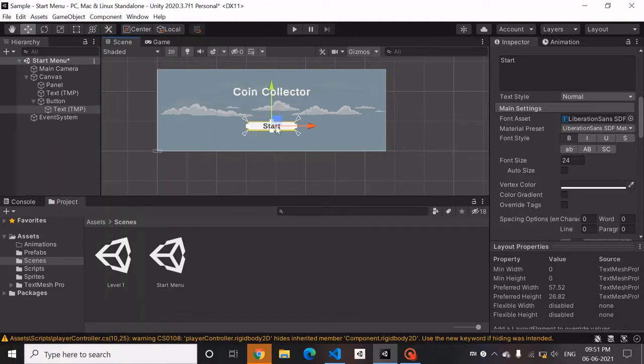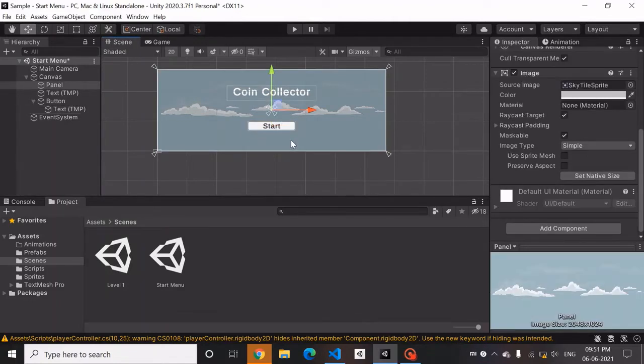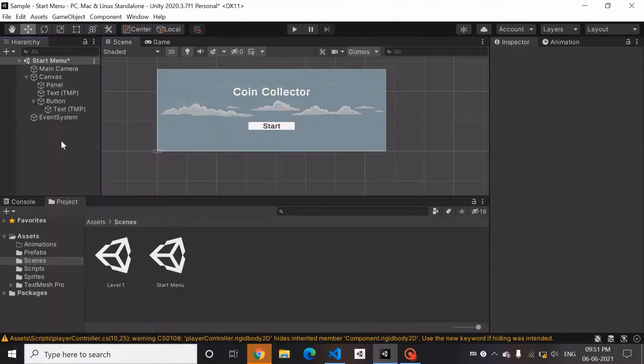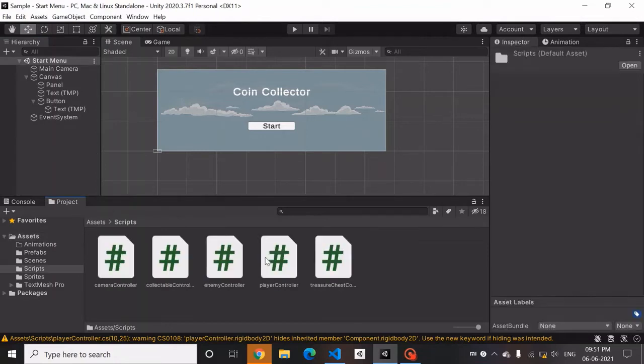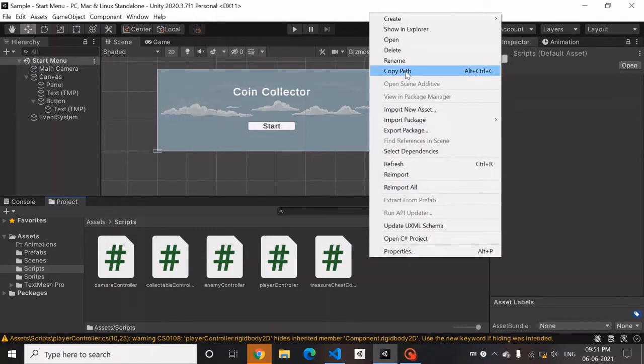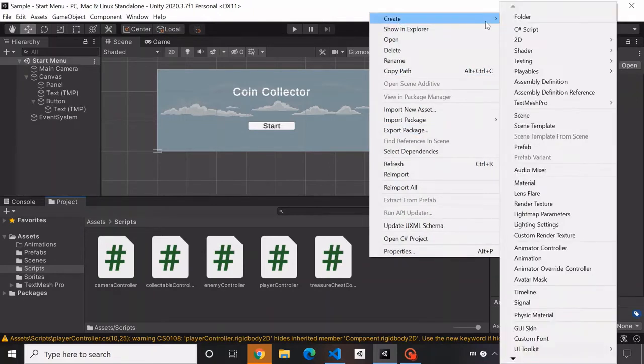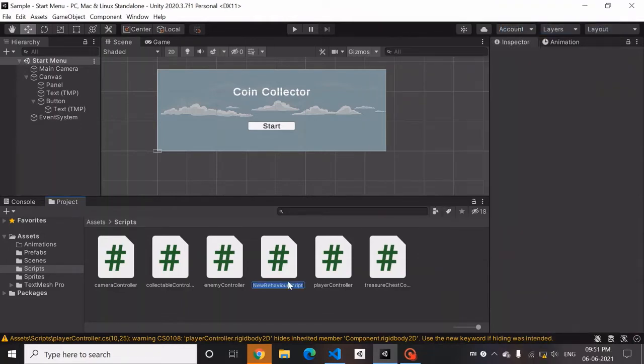Now let's see how we can change the scene on clicking the start button. For that, we're going to first create a script as usual. We'll name it Start Menu Controller.